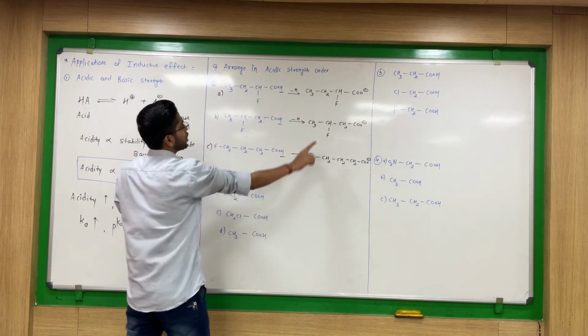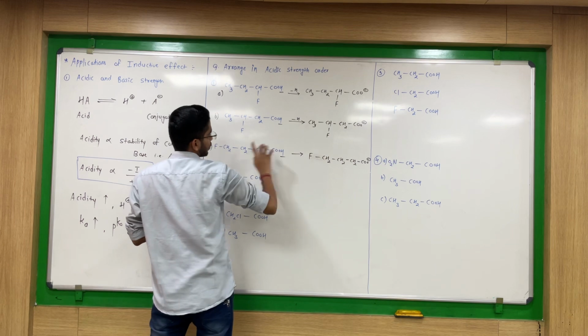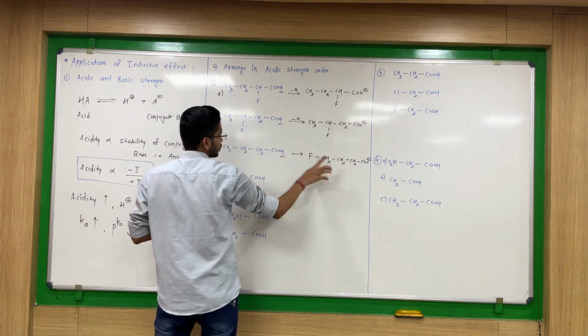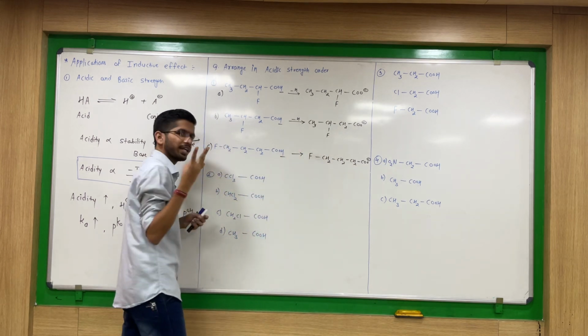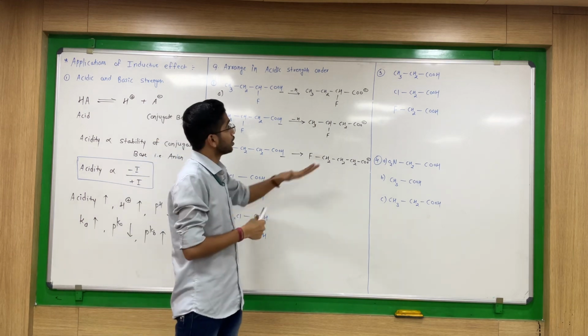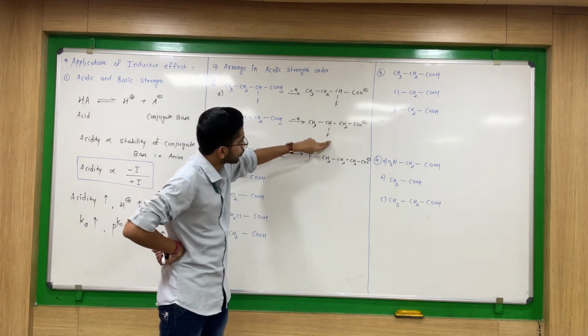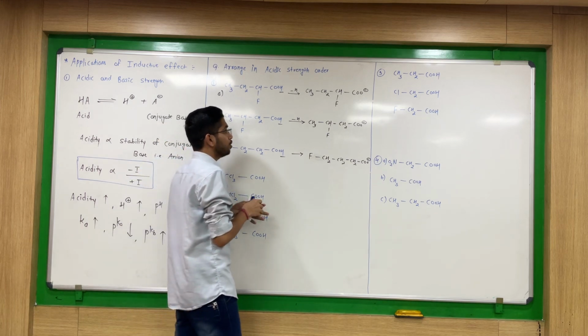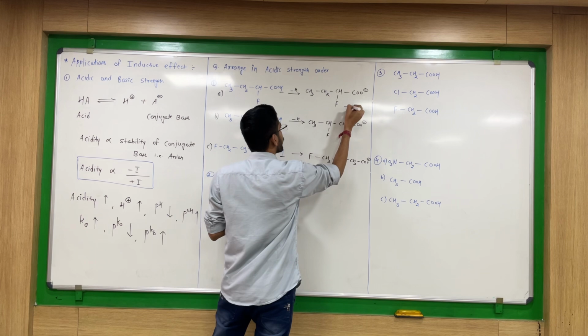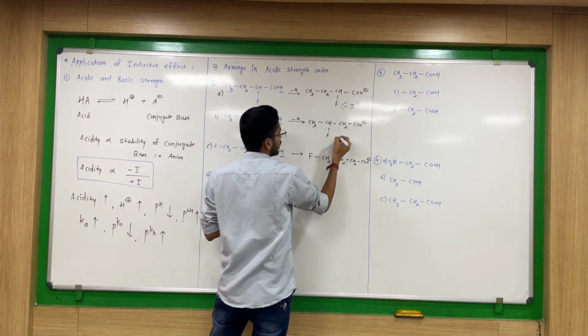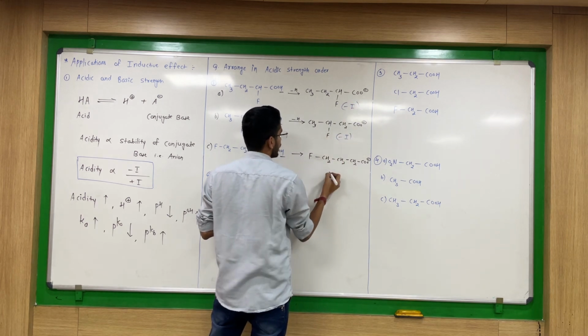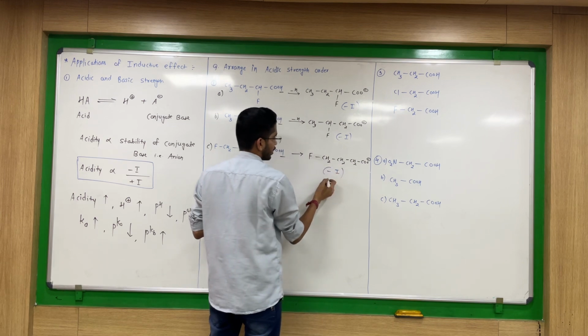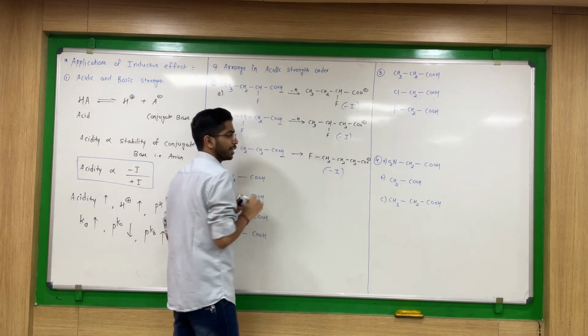Now look here. Which groups are there? CH, CH2, CH3; CH2, CH, CH3; CH2, CH2, CH2. Means three carbons are there, the same chain. Now we have fluorine here, here also fluorine, here also fluorine. Which effect will fluorine show? Fluorine will show the minus inductive effect. So we have the minus inductive effect here, here also, and here also. In all three cases we have the minus inductive effect.